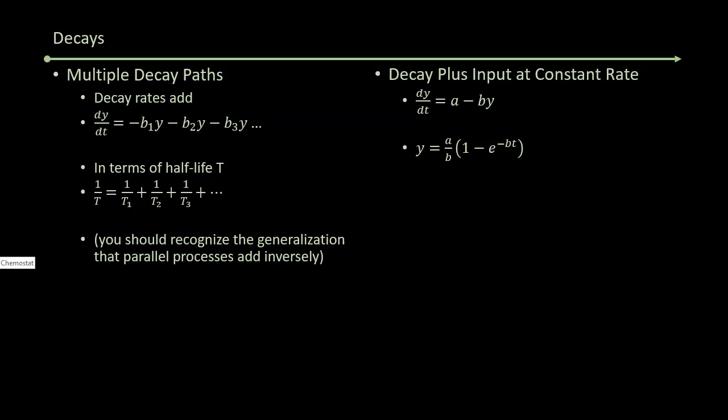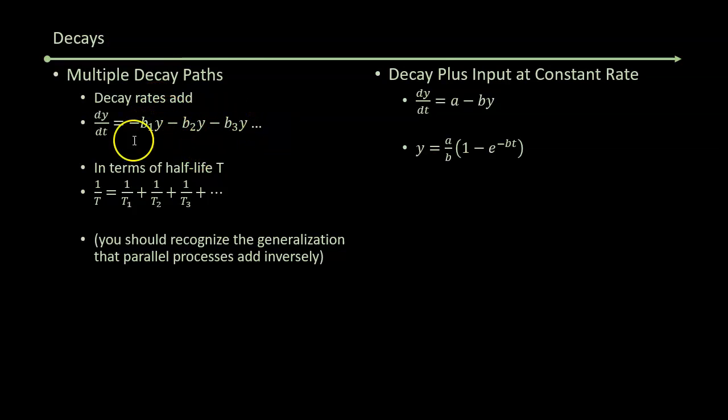Decays happen all along all kinds of different ways, but when you look at a radioactive material on the periodic table, those elements typically have more than one decay path. And the one that we quote as the decay rate is actually the sum of all the different paths. So the amount of material you're losing per second is minus the decay rate for each path times the constant